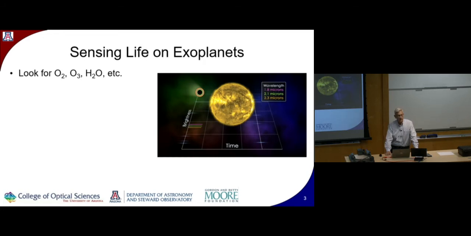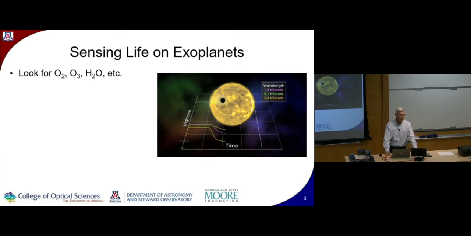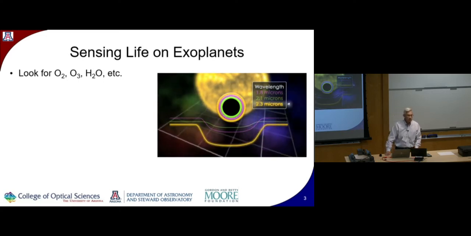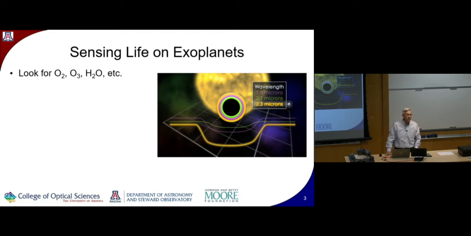So, how do we sense for life on exoplanets? One way is to image the exoplanet. That's really hard to do. Another way is called a transit study. Now imagine that we don't image the planet orbiting the star directly, but rather we just look at the light from the star, which we can isolate a lot easier. And we look at what happens when the planet passes in front of the star. In that case, the light from the star will reduce a little bit due to the obscuration of the planet and